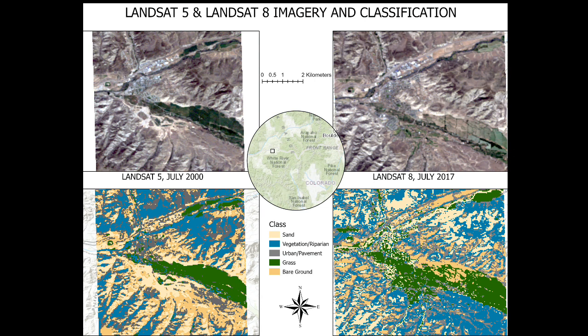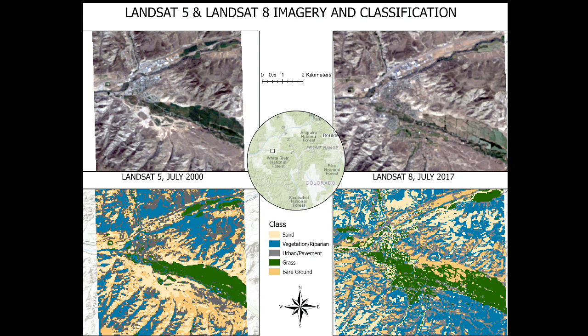What we can see in these two images are the different land covers. We can see around Eagle Golf Course the development and progress of the course itself and of the homes. These are represented by these areas here. Notice there is less bare ground or sandy areas and more vegetation in the south on the 2017 image.